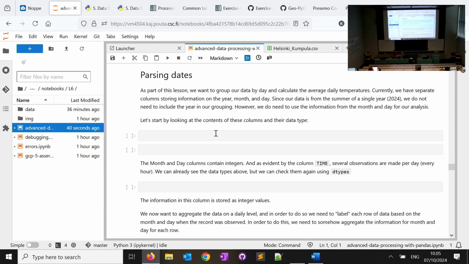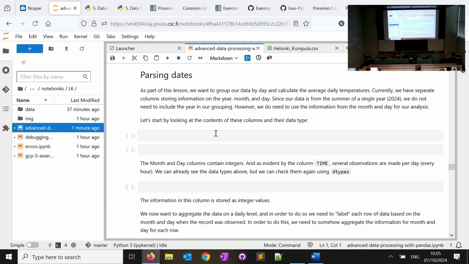You have very detailed information. In our case, we have hourly measurements, and we want to aggregate them over the day. So we are grouping based on a common attribute, and that common attribute is the day. We need to know that all these measurements are from the same day, then we put them together. That's our goal. We need a key for our aggregation, and the key in our case is the time.